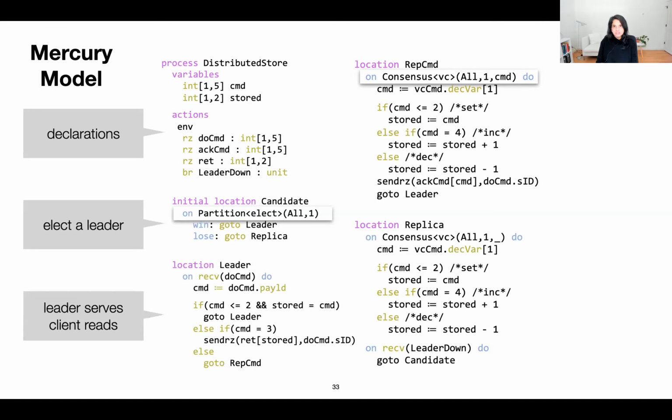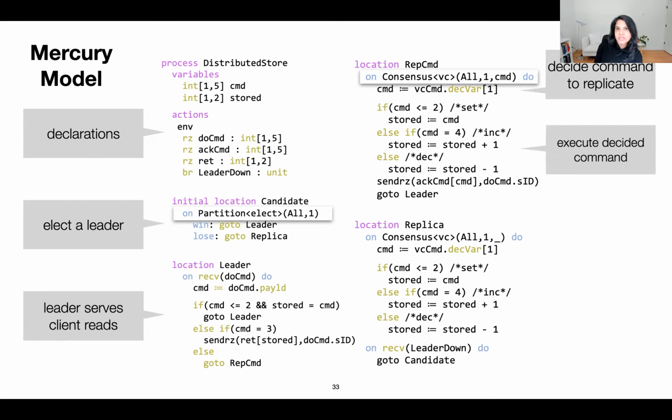Then in the next location, which is the leader location, we essentially process the client request based on the specific request that the client provides. Okay, so this client request is obtained in this do command message, which can take different values according to the types of the requests. So this is essentially stored in the payload. And depending on the value, if the client just requests a read from the data store, the leader might just process that client request, or it might move on to another location where the command can be executed. For instance, if the command needs to be replicated, it can move to a location to coordinate with the replicas on the command to be executed, right? So upon agreement, processes can then proceed to execute that command,